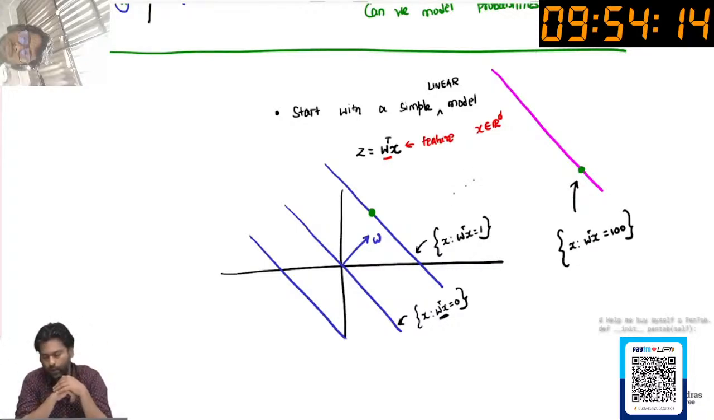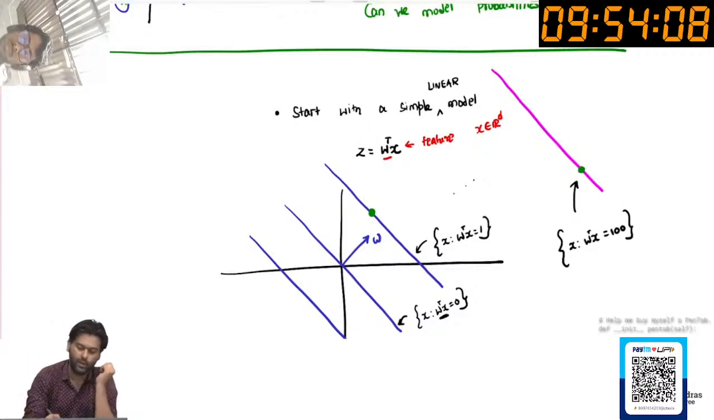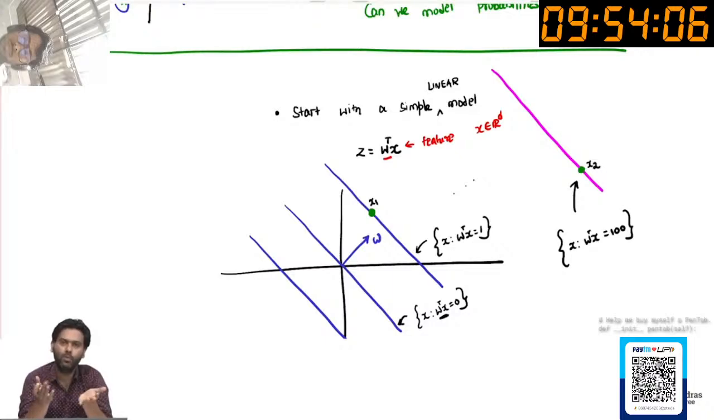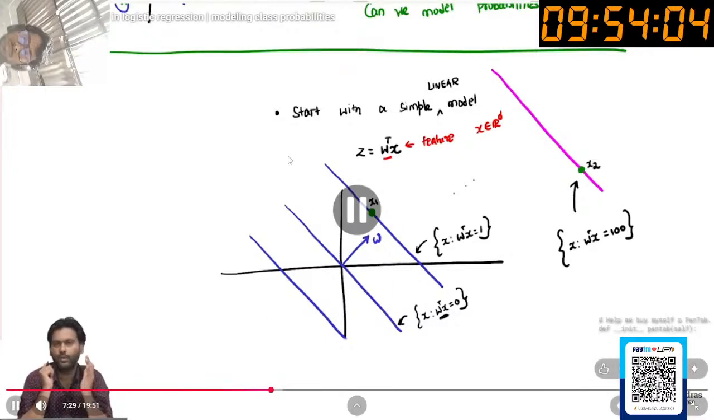Now, if I'm generating labels for these 2 points, let's say somebody gave me these points, right? So let's call this x1 and this point x2, and now I have to give you labels for these points. Well, I want to somehow